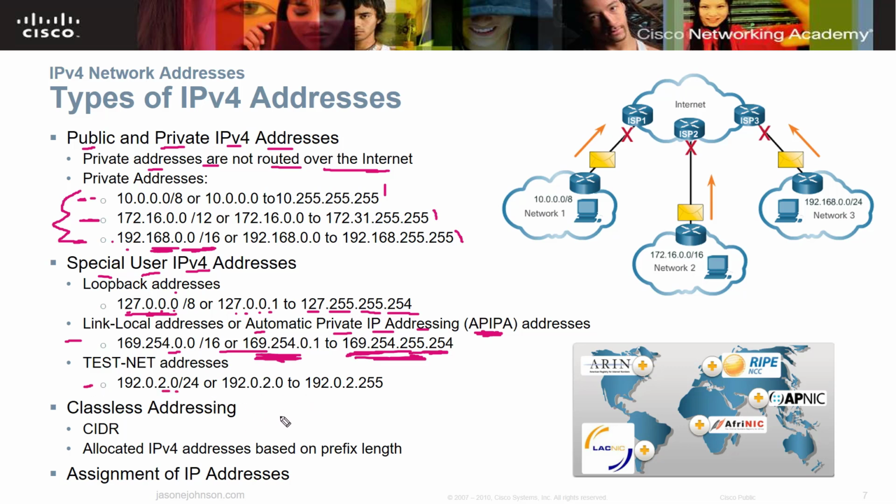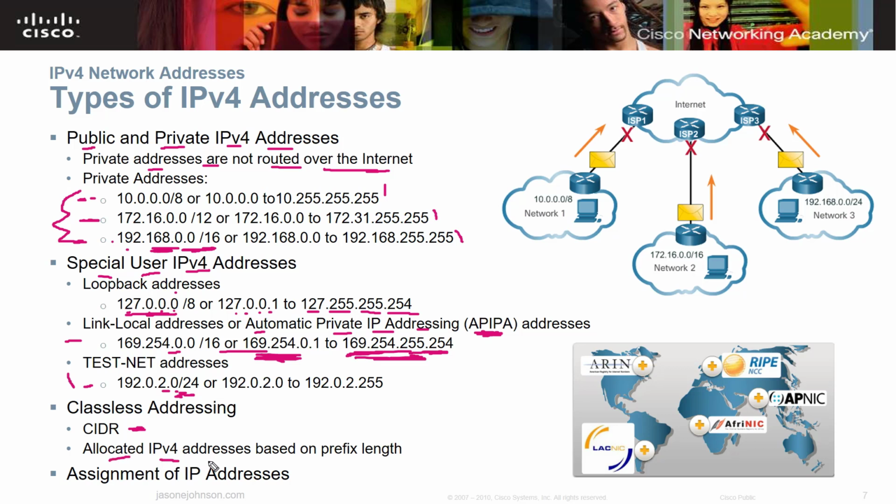Now, let's switch gears here to what I talked about, classless addressing. You're probably going to still see some material on Class A, Class B, Class C, Class D, and Class E. I personally don't teach the classes anymore because we pretty much do classless addressing, and that's CIDR addressing. We use the slash at the end to say where that IP address falls in the range from 0.0.0.0 all the way up to 255.255.255.255.